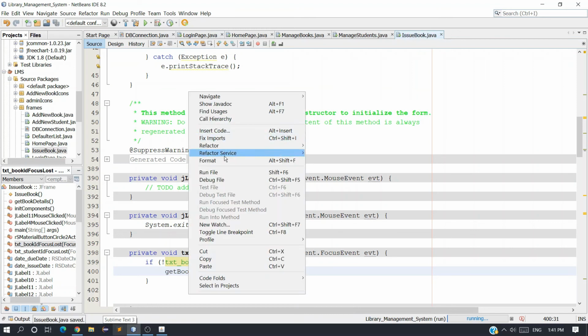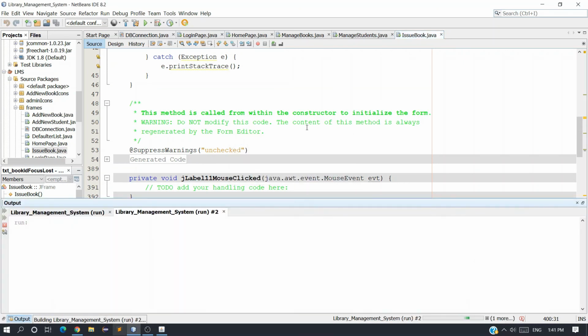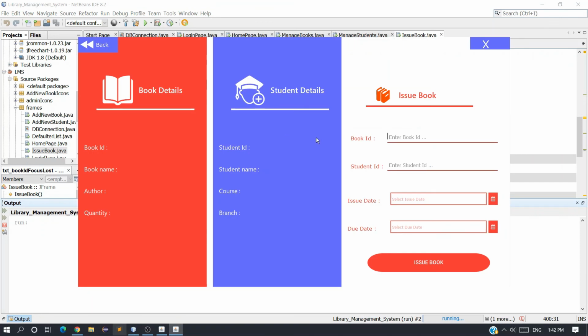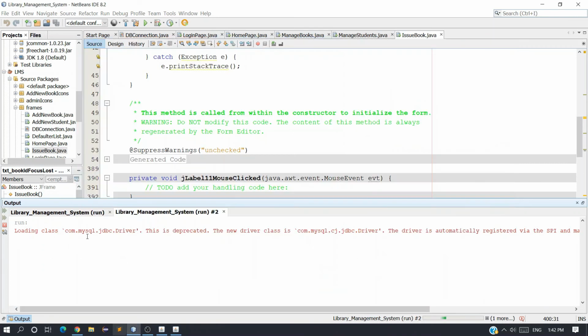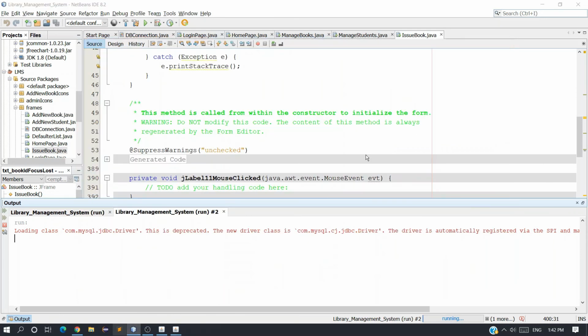Now let me run. Now I'm not going to enter anything, just change the field. You can see we are not getting any error here, and when I enter 1, the communication is established and we get our details. And if I don't enter anything, we are not getting any error.